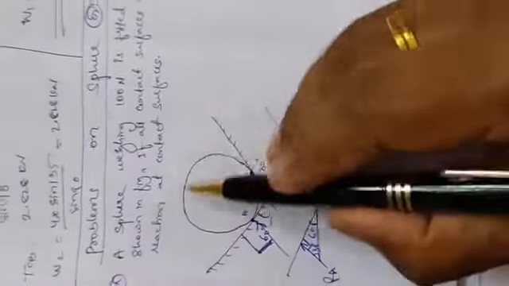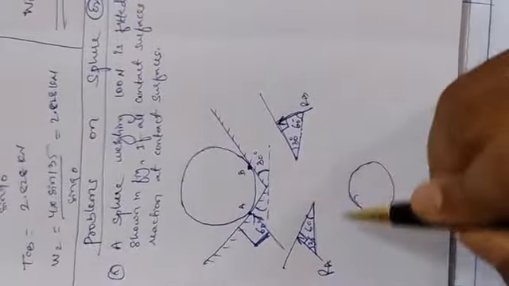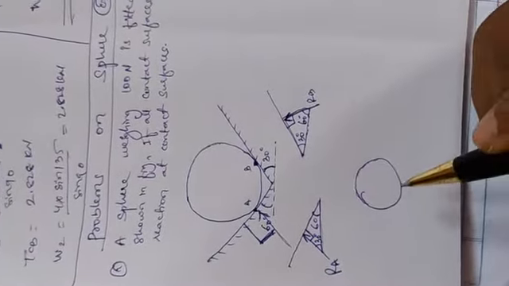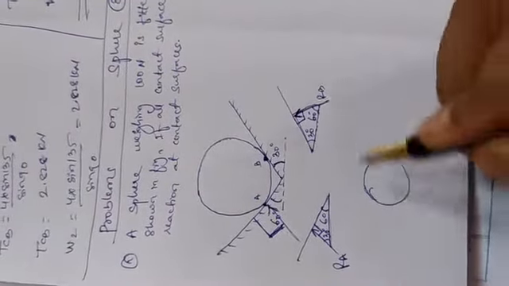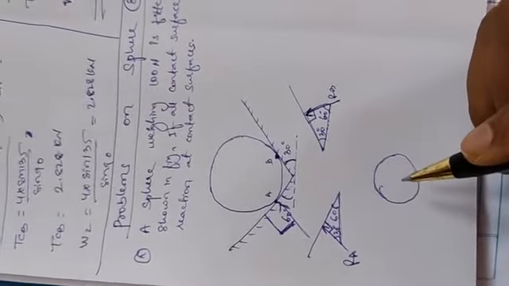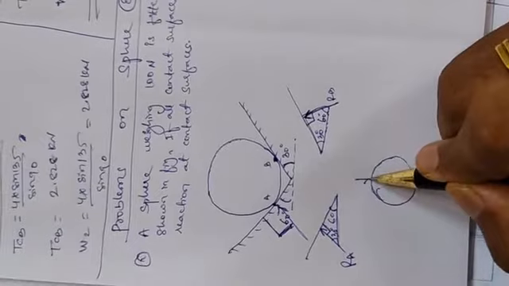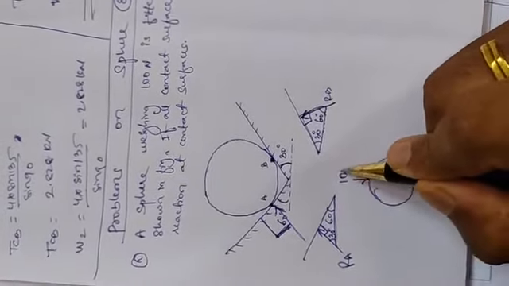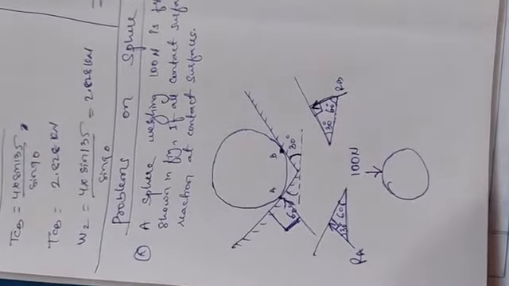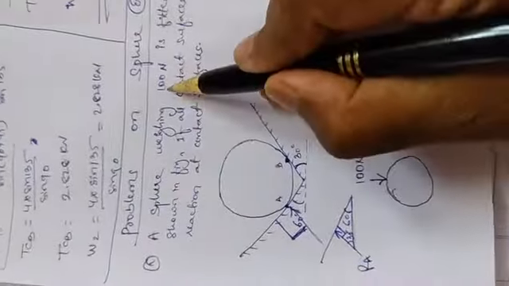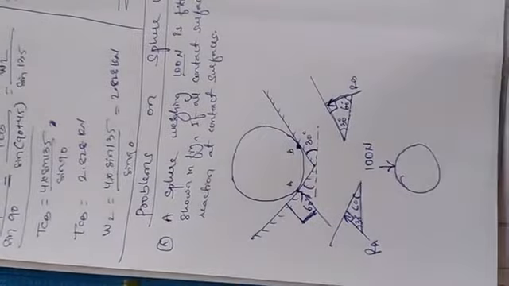Okay, it's a sphere. This sphere I have taken here. Now I'm showing how to draw the free body diagram. First, we have to draw the sphere, and let us try to show the forces acting on it. Self weight always acts vertically down due to gravity. 100 Newton is given. It is a weight. Here they have shown 100 Newton, which is a weight acting vertically down.